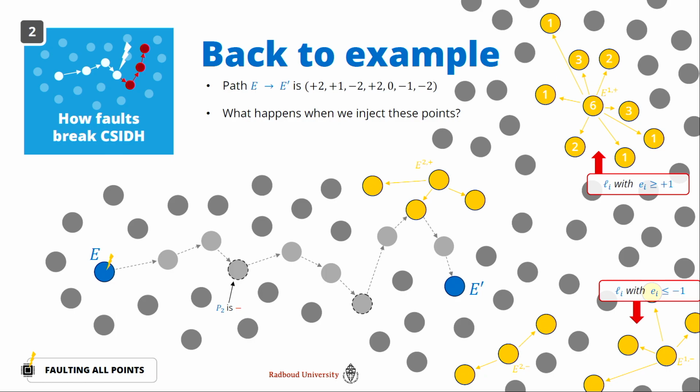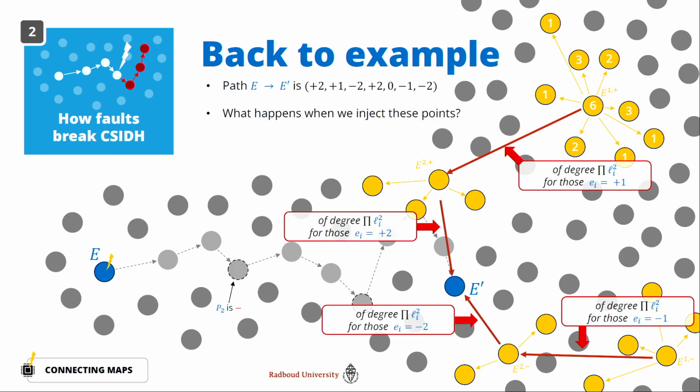Now what's pretty cool about this graph structure is that there you will also get even more information on the coefficients. But what I told you before was that if we were able to connect one of these samples, such as E1+ with E prime, then we would recover all the Li with a coefficient that is larger than or equal to 1. But if we do it for E2+, for example, we would get all coefficients larger than or equal to 2. Which means that if we connect E1+ and E2+, we're going to get exactly those coefficients with ei equal to 1. And this is a secret we're trying to recover.